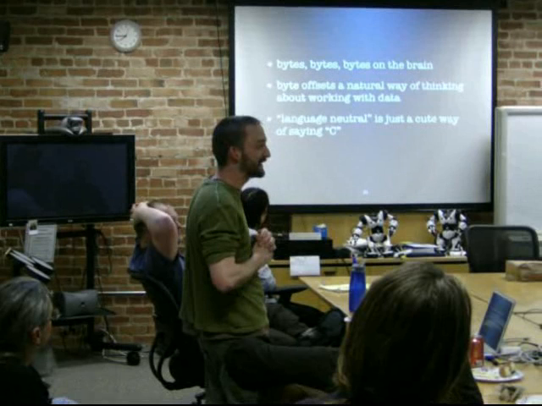So, what am I getting at? That in C, again, you have this direct correlation between the data structures that you declare and the bytes that underlie it. And so it's just natural to think about things like byte offset, jumping around in these things in a random access sort of way. Things that in Perl, the language just does for you most of the time, and when it doesn't, it sucks. And that's what I'm getting at. And then back to my older slide about how bytes are language neutral, and language neutral is really just